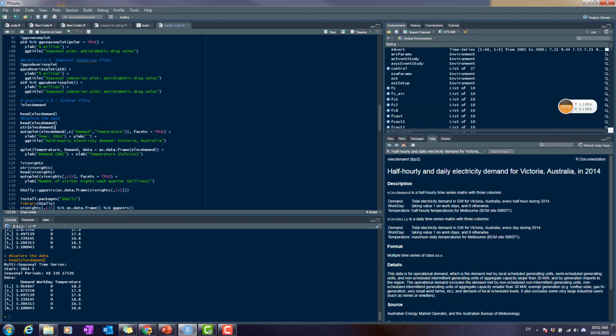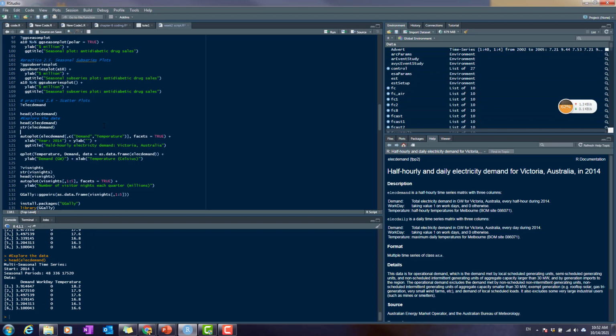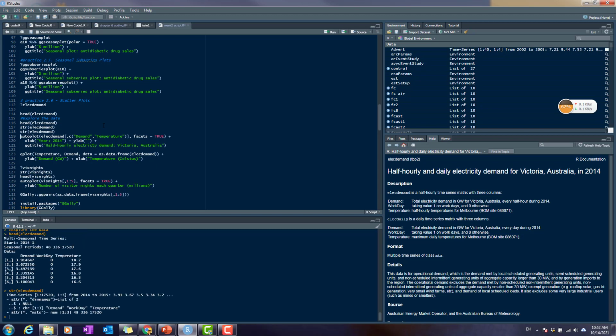Now let's go ahead and also see the structure, str of elecdemand, and you can also see it here. In total we have up to 17,520 observations